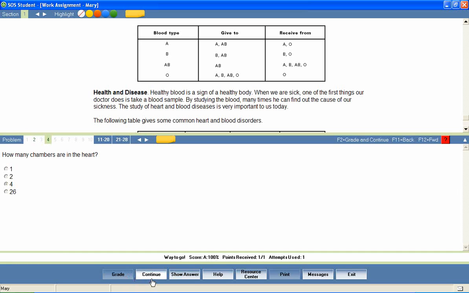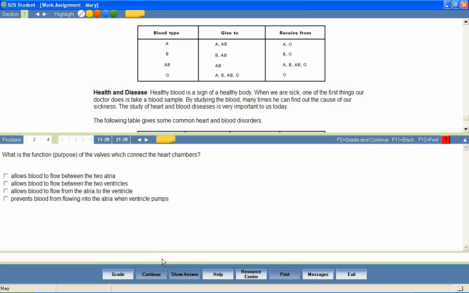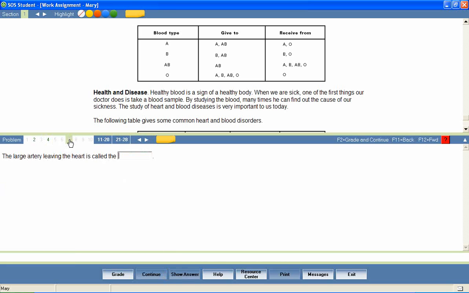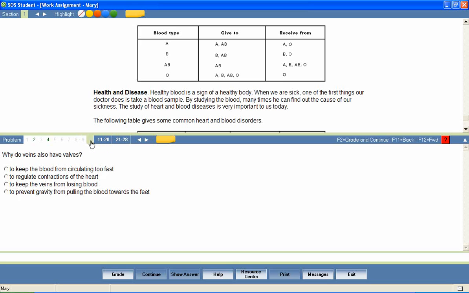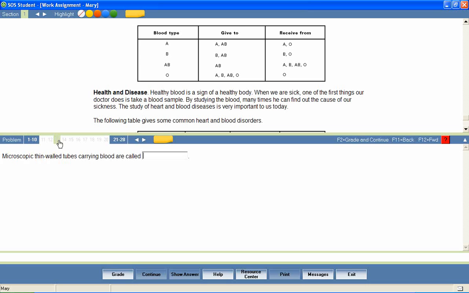85 to 90% of student work is graded instantly by the program. Answers are automatically saved as the student works through the questions, and immediate feedback is given after each question has been answered. If a parent has set the program to allow for multiple attempts,